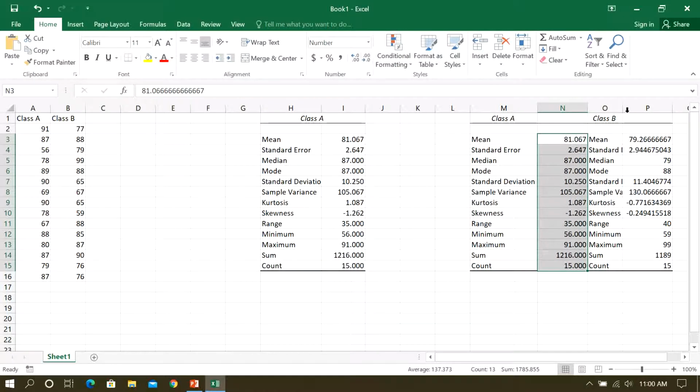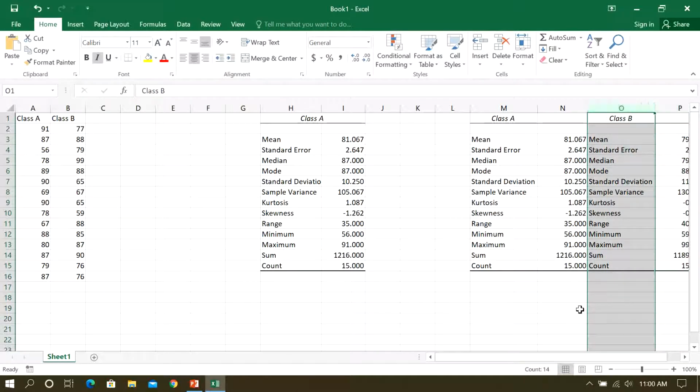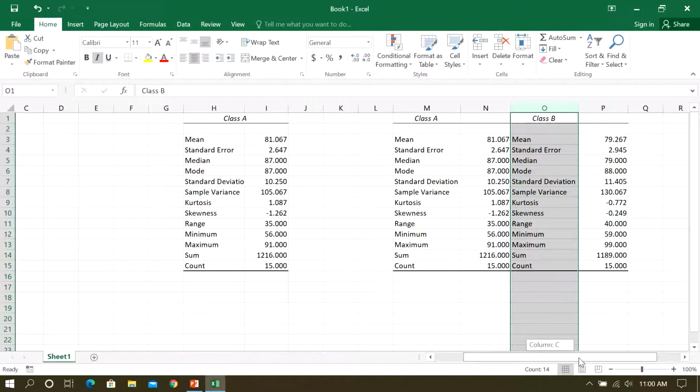We will accept that, and the same is true with class B; again you will decrease this one. So all the things which are part of descriptive statistics we can get from here. This is a simple example. You can take other examples, like if you have 5 things or 7 things, you can even compare them.